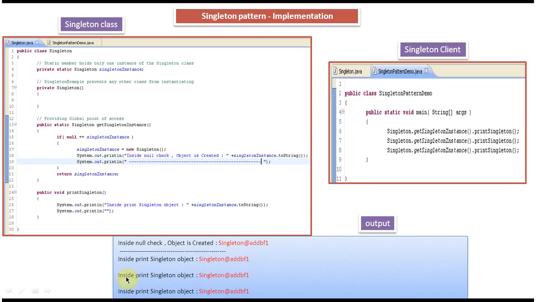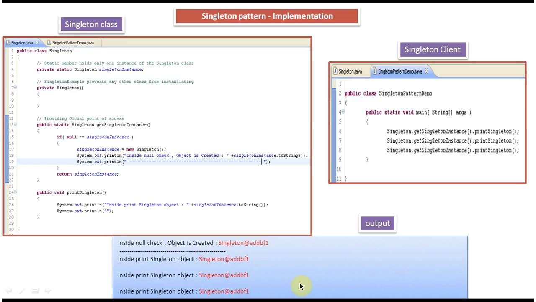For the second and third calls, it is just printing "inside print singleton object"; it is not going inside the if block. You can also see all the objects are the same: Singleton@addbf1. In all the lines the same instance is printed again and again.